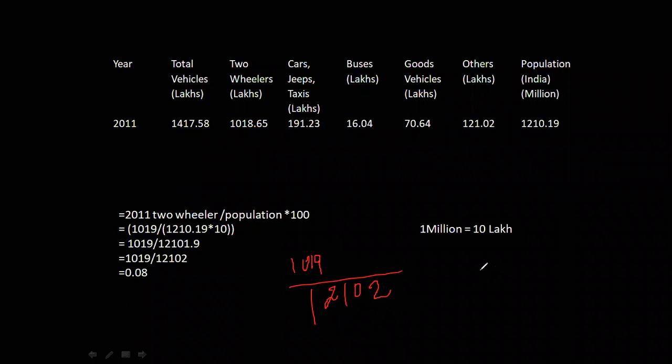So what we can do is put 0 point, and then we can go for 10. Again, we can't go for the division, so we put a 0 here, and it will become 1 more 0. Then only can we go for division. Otherwise, we can't go for the division of that particular number. So let's look at 0.08, and then we can go for some number division.